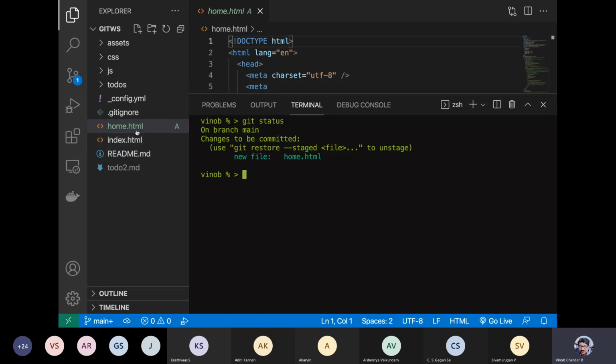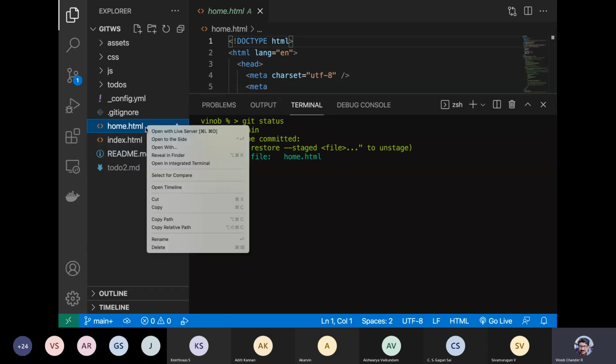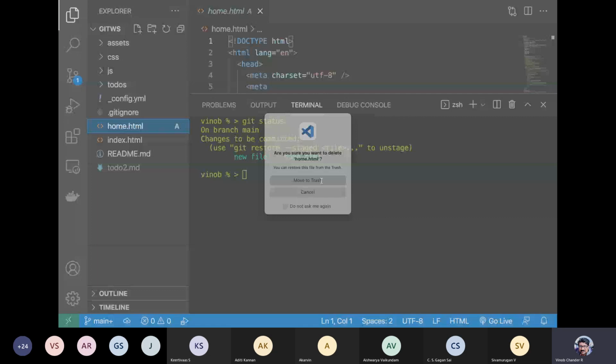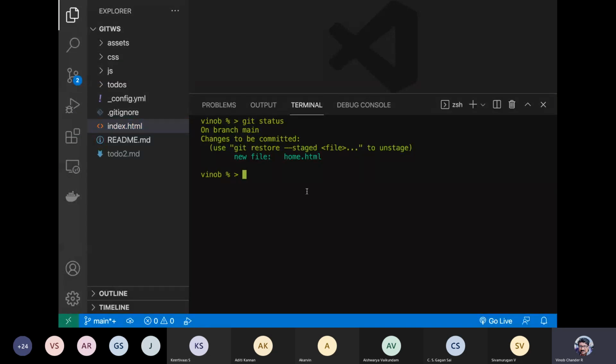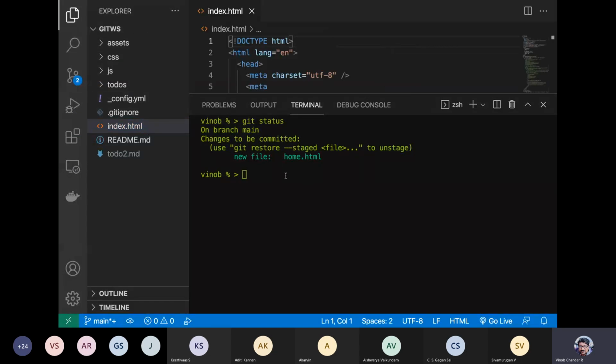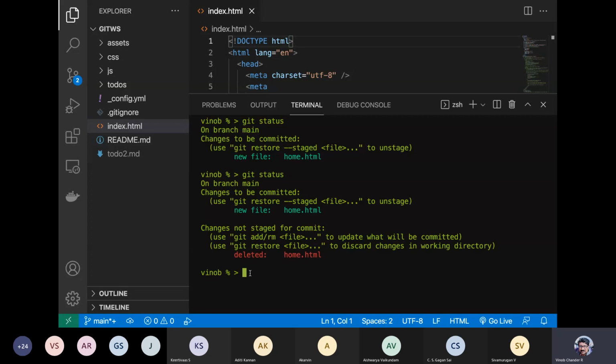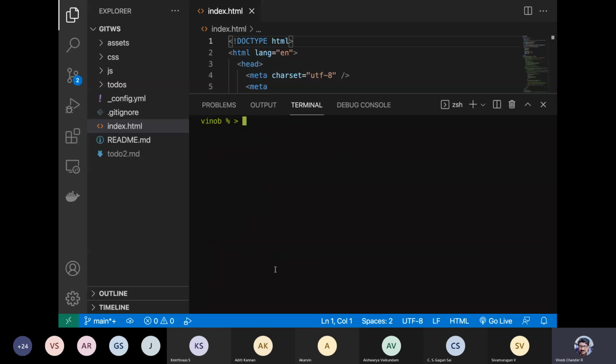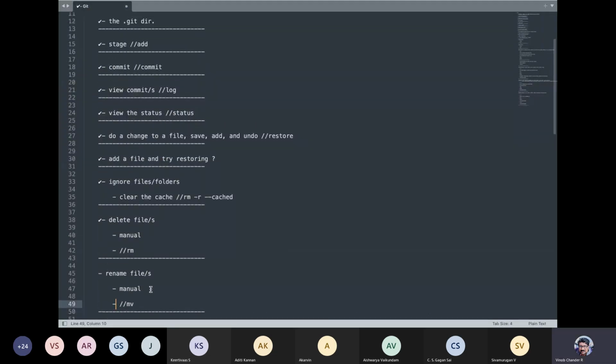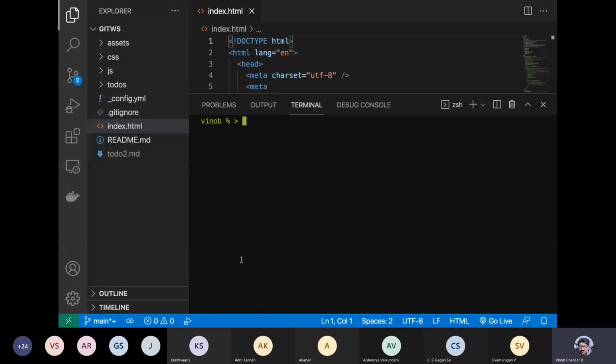Now what you can do is you can just remove this, so that you just have the index.html. So you say deleted home.html. You can commit it, saying that you have renamed and deleted home.html, or you may not want to stage it and commit it. That's your call. Okay, the other way is you can make use of mv. Let us see that.